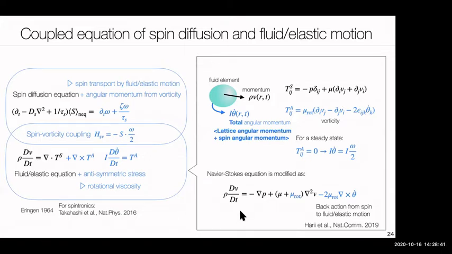Okay. Our collaborator demonstrated this kind of back action by using a micro ferromagnetic cantilever. They inject the spin current into the ferromagnet cantilever, then they excite the bending motion of the cantilever due to the back action term via the spin vorticity coupling. Okay, and now